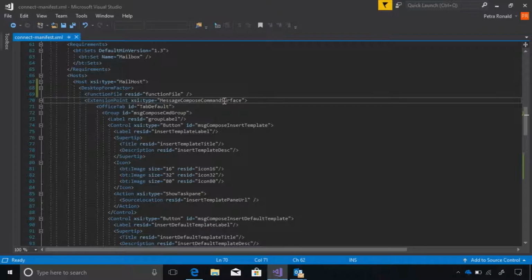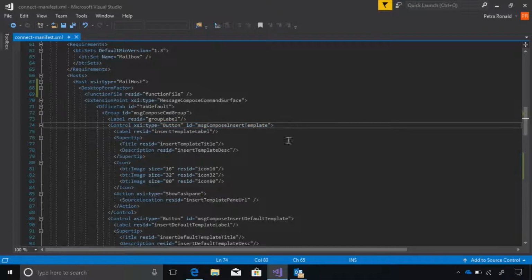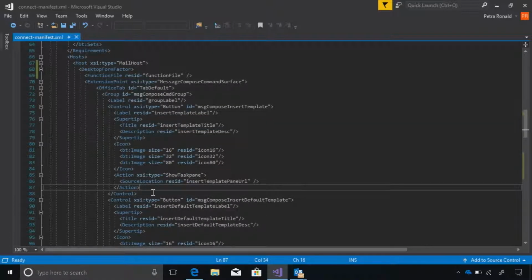If you want your add-in to be available in other types of extension points, such as Message Read, Appointment Organizer, or Appointment Attendee, you also need to include the extension point and the settings beneath it for each one. For every button and for every menu item that your add-in has in the extension point, you also need to include a control element. For every control element, you need to include an action element. This determines whether or not when you click that add-in, it's going to show a task pane or execute